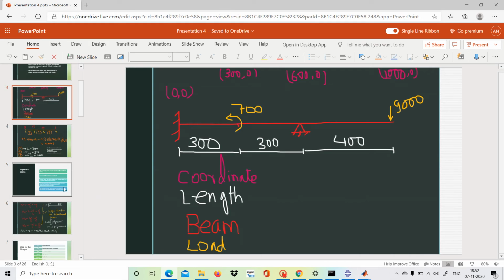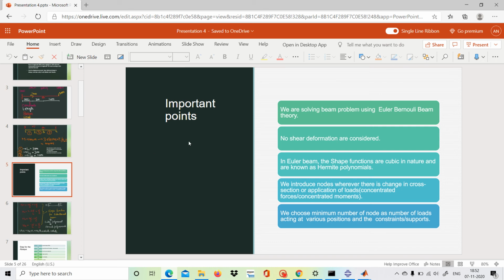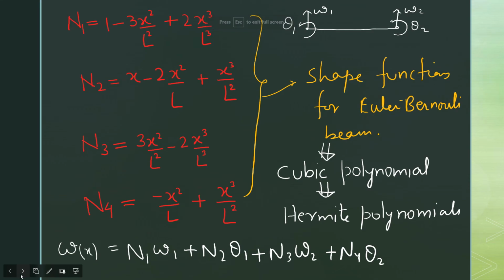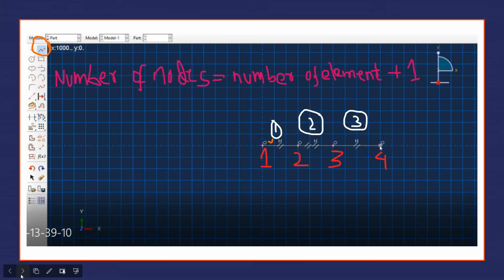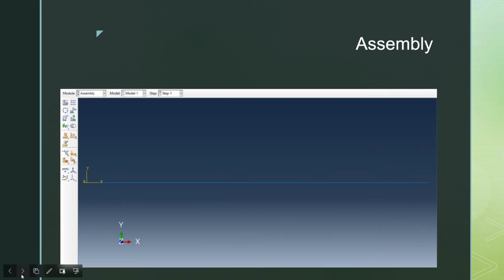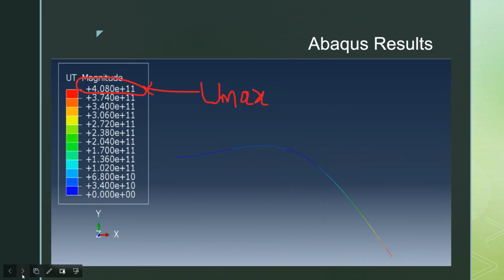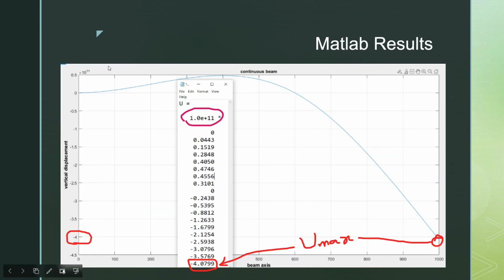In this slide we have also shown that. Let me show you. So here we have the maximum displacement in the Abaqus value, and this was from the MATLAB results.